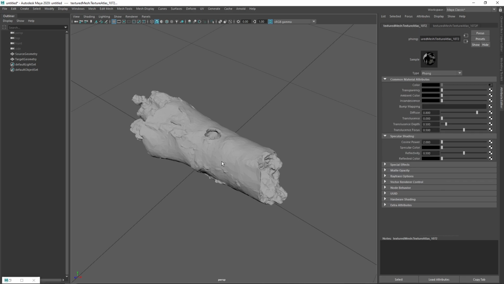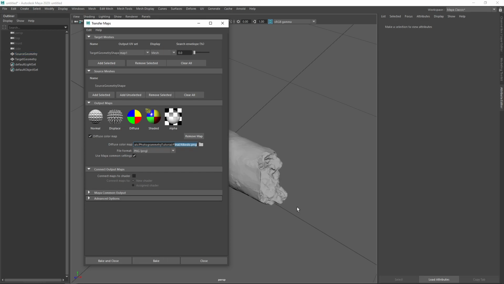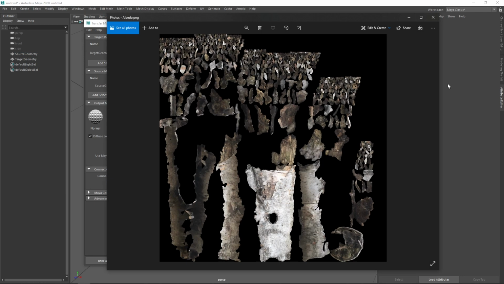We can actually check now. If we just go through individual material nodes here, we can see that the ambient color is all set to black now. Okay, so that will fix that kind of overexposed shading issue. I'm going to overwrite my albedo texture here, so I can hit bake again. And once that is finished baking,